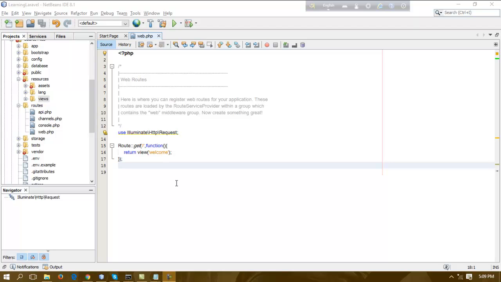Today I will show you Laravel route. We are using route for generating URLs for our application. And as a developer,